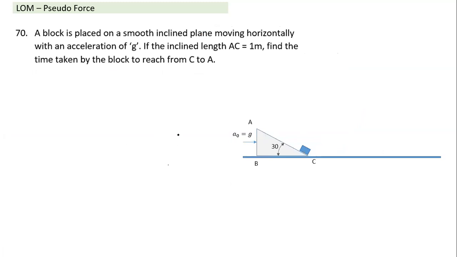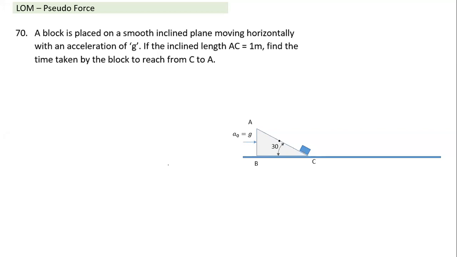We come to that question also. When I come to this question here, this particular question is difficult to solve in the ground frame of reference. This kind of question is most suited for a non-inertial frame of reference. Let's understand what is the case here. In this case, the acceleration is more than g tan theta. The g tan theta will come equal to g by root 3. But what is the acceleration given? It is more than that.